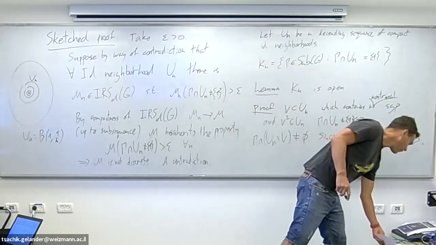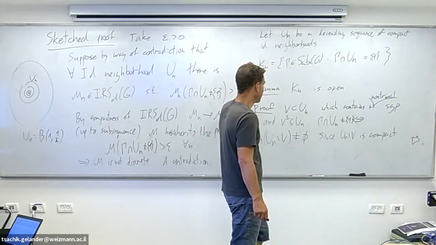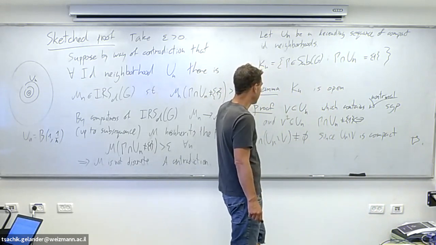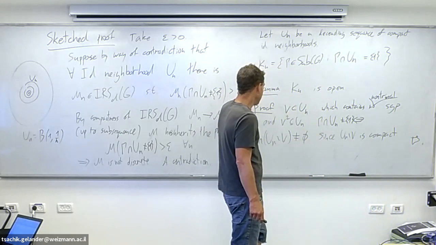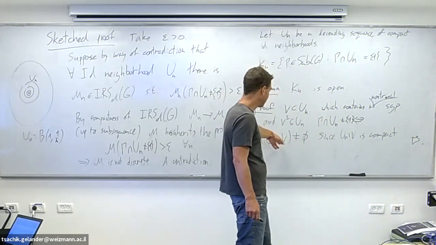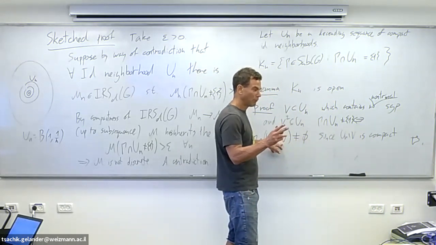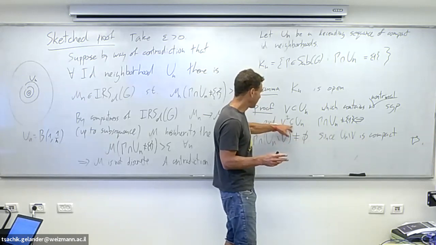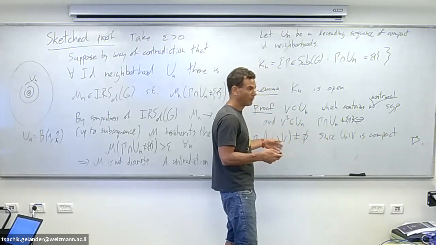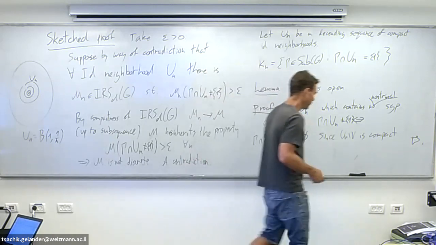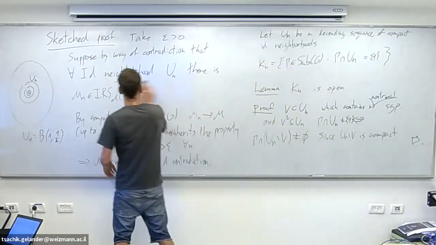If you intersect UN, I claim that you must intersect UN minus V. Because suppose you have a group that intersects UN but misses UN minus V. It means that its intersection with UN is contained in V. Now, if you multiply two points in the intersection, they are still in UN because of this property, so they're still in V. So you will get a subgroup, and you have this. So this Kn is open.